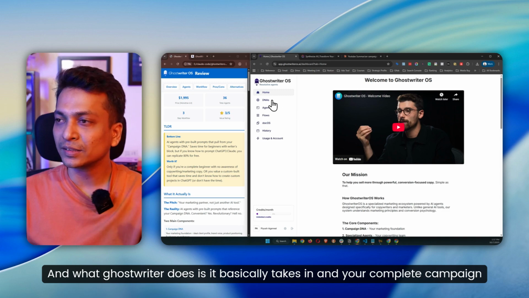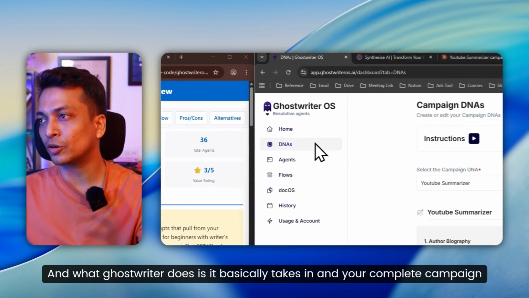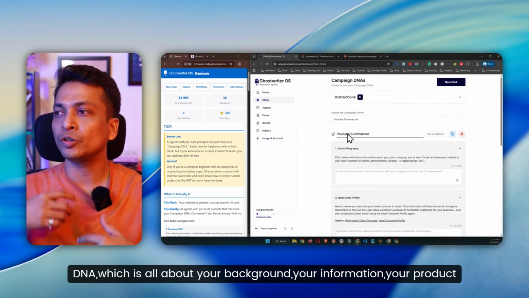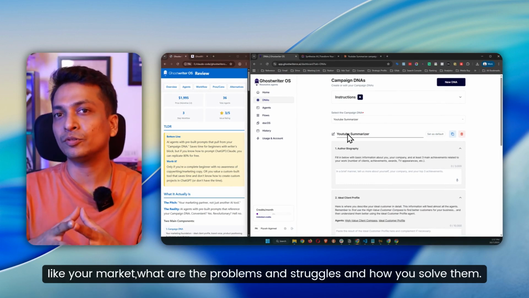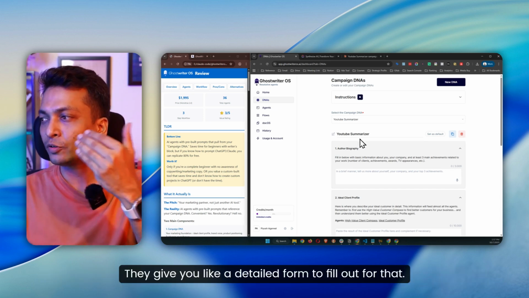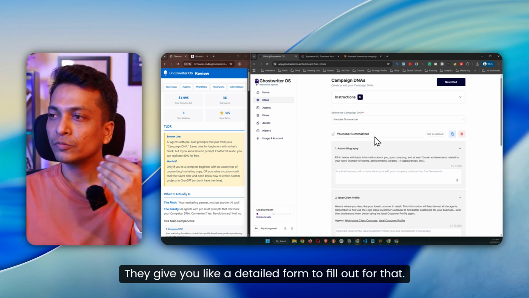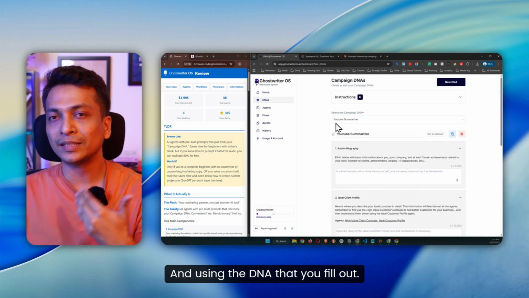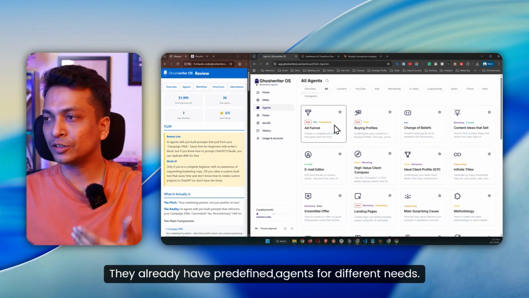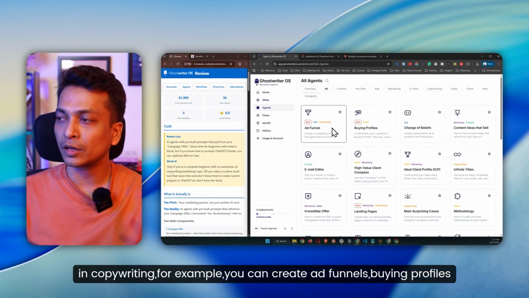And what Ghostwriter does is it basically takes in your complete campaign DNA, which is all about your background, your information, your product, your market, what are the problems and struggles, and how you solve them. They give you a detailed form to fill out for that. And using the DNA that you fill out, they already have predefined agents for different needs in copywriting.